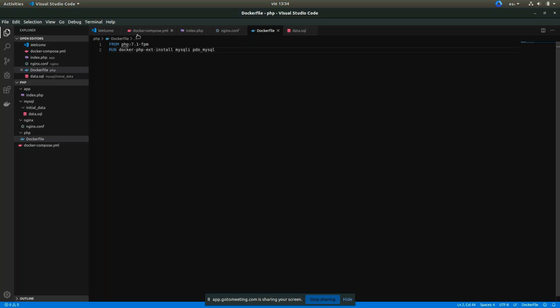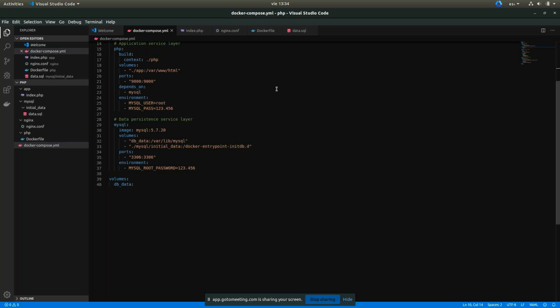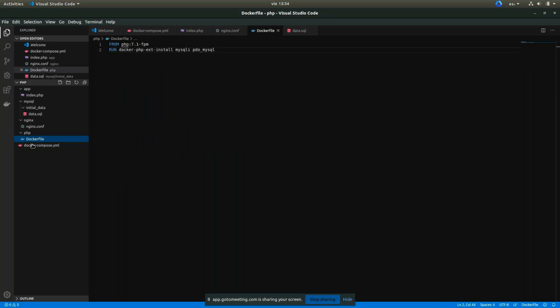This file is different because we have an instruction here that is a context to build. And if we check here, we have another file that is a Dockerfile, and this is different. You can create different containers with several instructions.